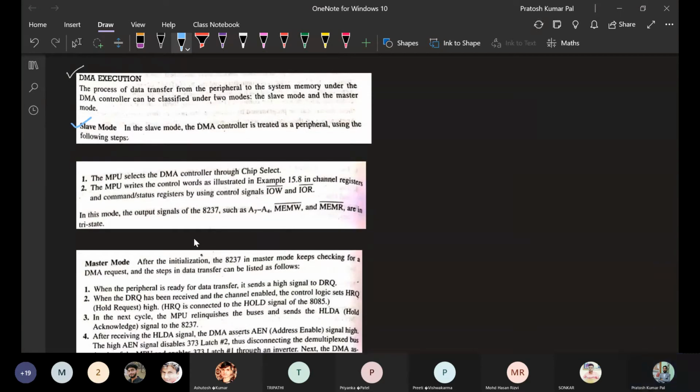In slave mode, the data transfer takes place between the microprocessor and the DMA controller. If data transmission is taking place between the microprocessor and the DMA controller, at that time the DMA will be working in slave mode.